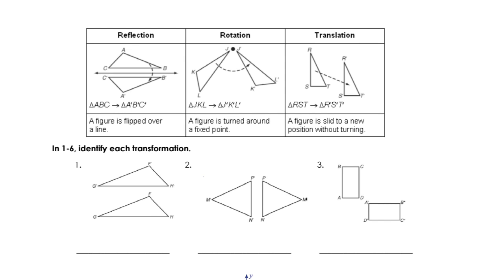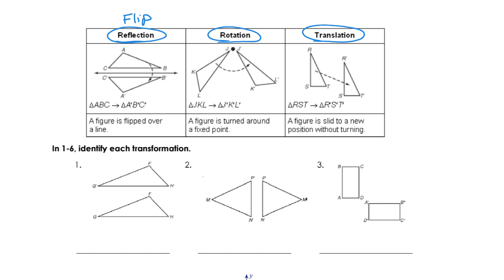All right, so here on top are the three transformations we're going to talk about in this unit. You probably have heard of them before. The first one's a reflection, second one's a rotation, and the third one's a translation. A reflection is a flip, a flip or a mirror image over a line, and it has to be